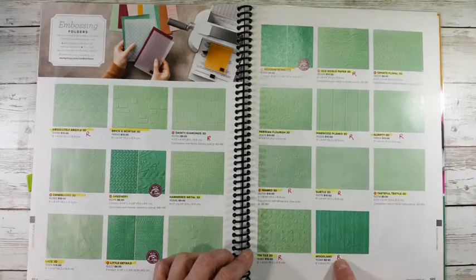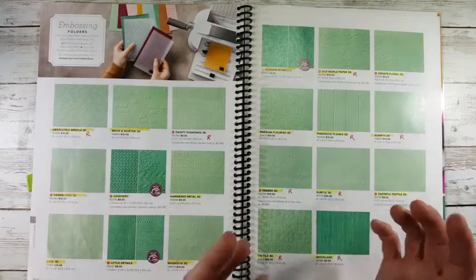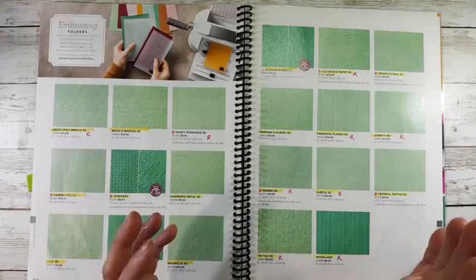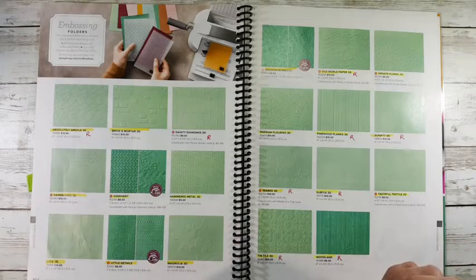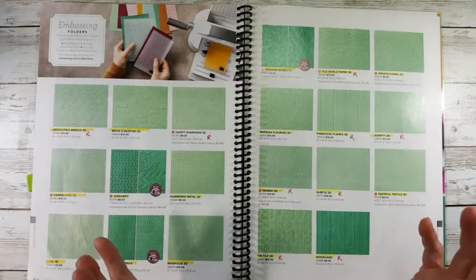I think my very first YouTube video is using this Woodland. It was using where we inked it up and we stamped on the embossing folder in itself. Absolutely cool technique. I think I inked it up with navy and stamped with, remember that stamp set? Oh, what was that? Forever Trees? No. Maybe. Lovely Trees. That stamp set was one of the oldest ones we had, and that retired last